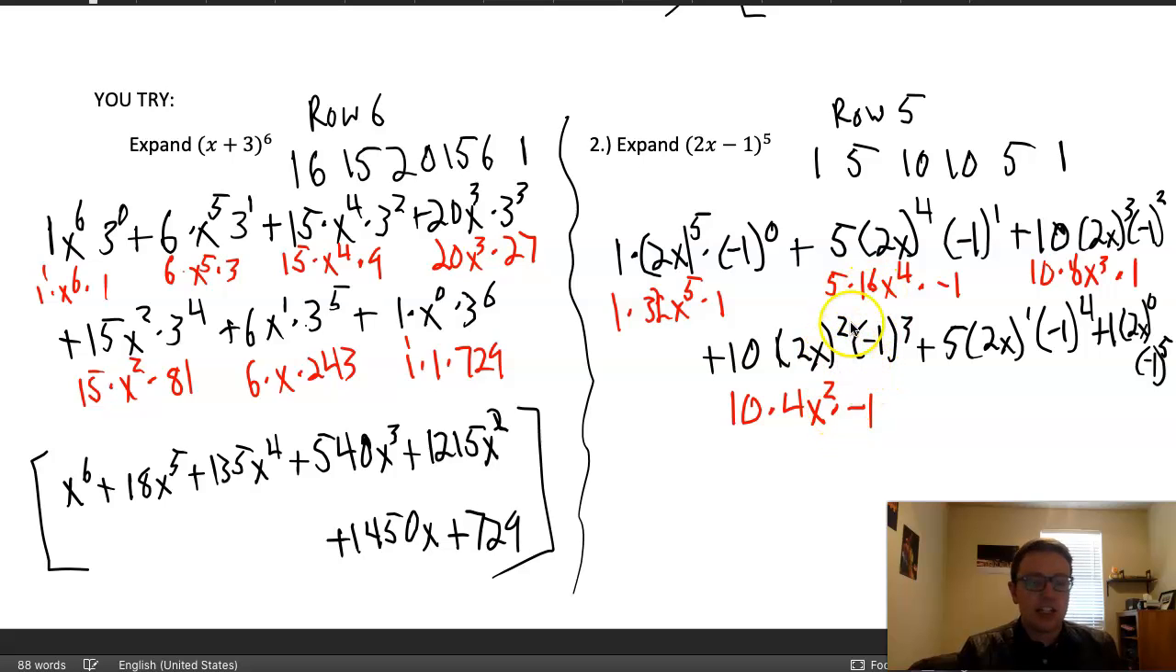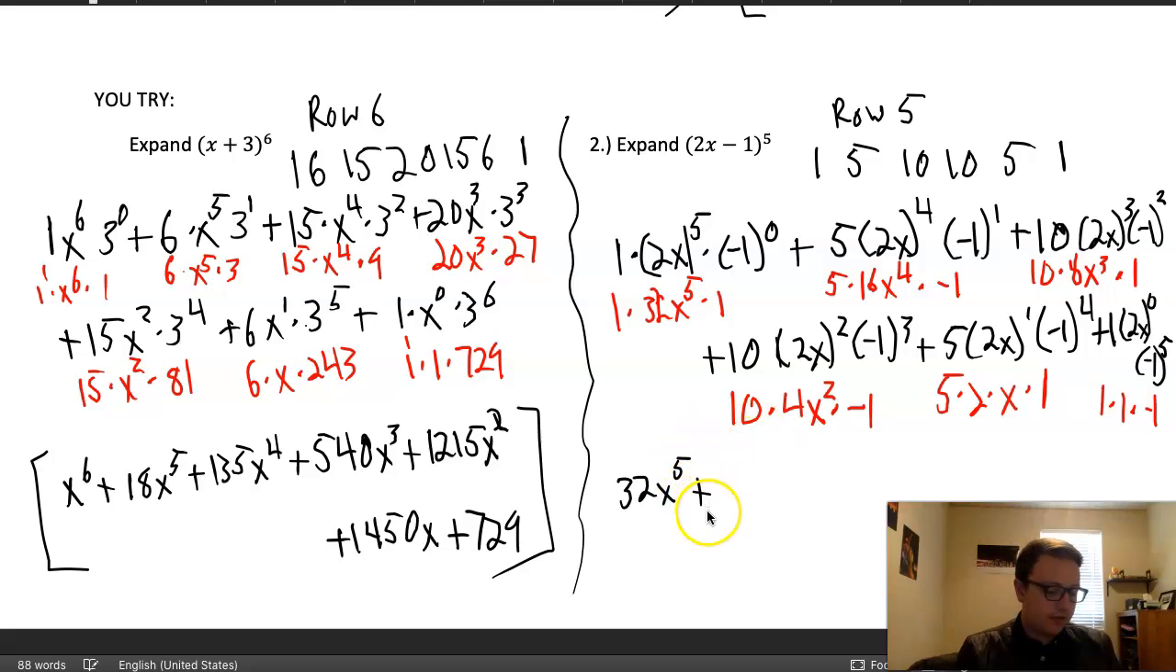Remember, go ahead and throw that into your calculator. Make sure you put the negative 1 in parentheses. Our next term will be 5 times 2 times x, and negative 1 to the 4th should come out to be a positive 1. Then our last term will have 1 times 1, and negative 1 to the 5th should be negative 1. So when we go ahead and combine these, our answer should be 32 x to the 5th,